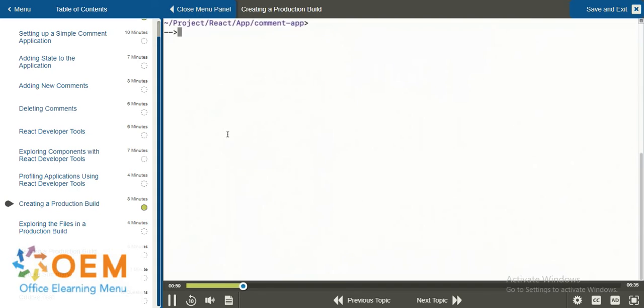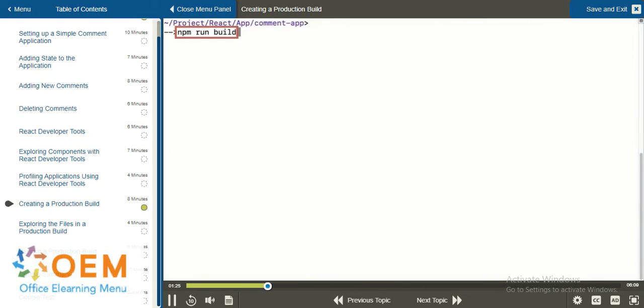In this demo, we'll see how we can run our React application in the production mode. We'll no longer be working in development mode. So I have stopped the server that was previously running and I'm going to restart the server, but this time I'm going to do it in production mode. In order to be able to run React in production, you first need to create a production build of your application, and you can do that using npm run build.